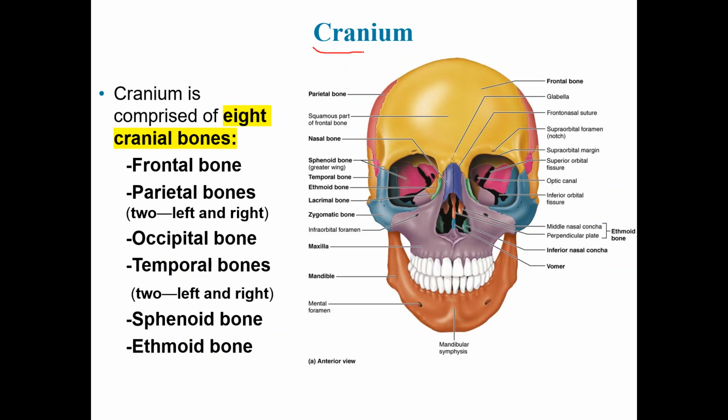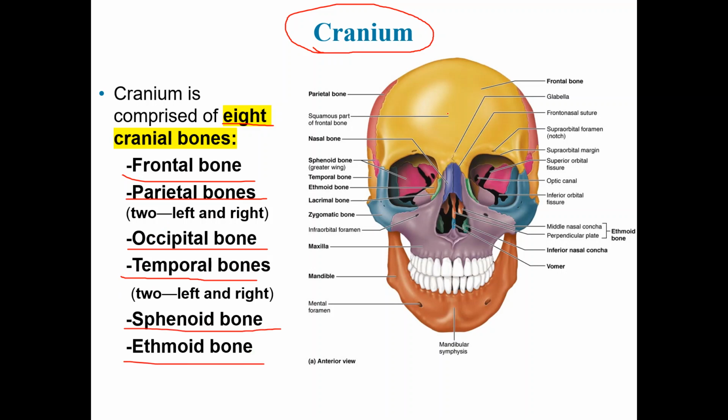All right, so the cranium, the first part of the skull that we're going to look at, is composed of 8 bones, and these are the frontal, and the parietal, which are 2 bones actually, left and right. Occipital bone is 1 bone. Temporal bones are 2 bones, left and right, the sphenoid bone and the ethmoid bone, and they're all represented here. So this is the frontal bone. It occupies a very large surface. These are the parietal bones, okay,